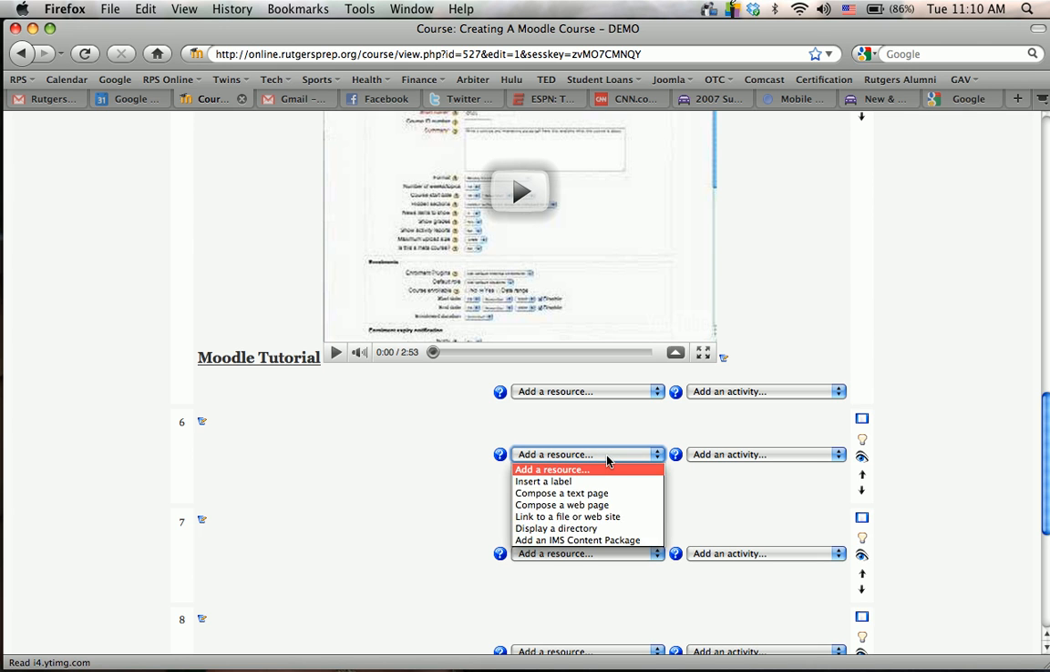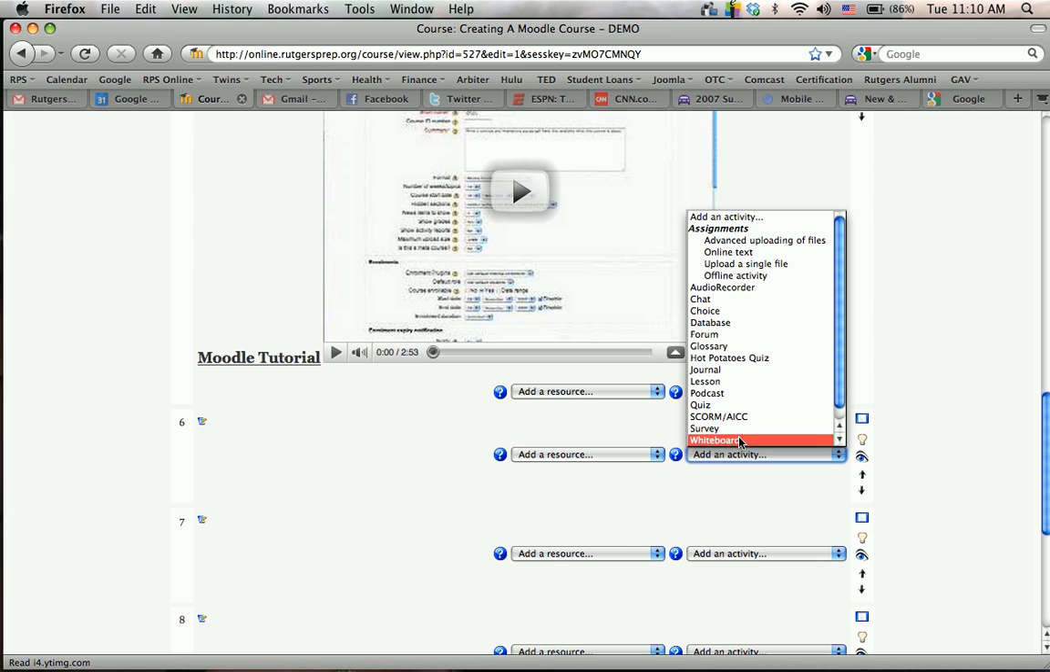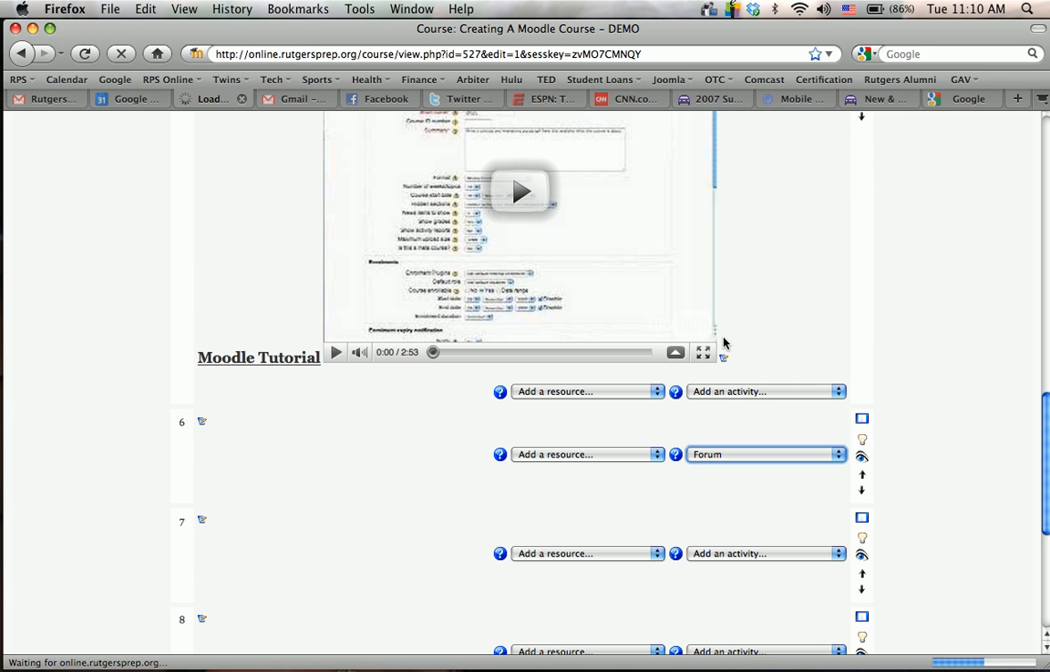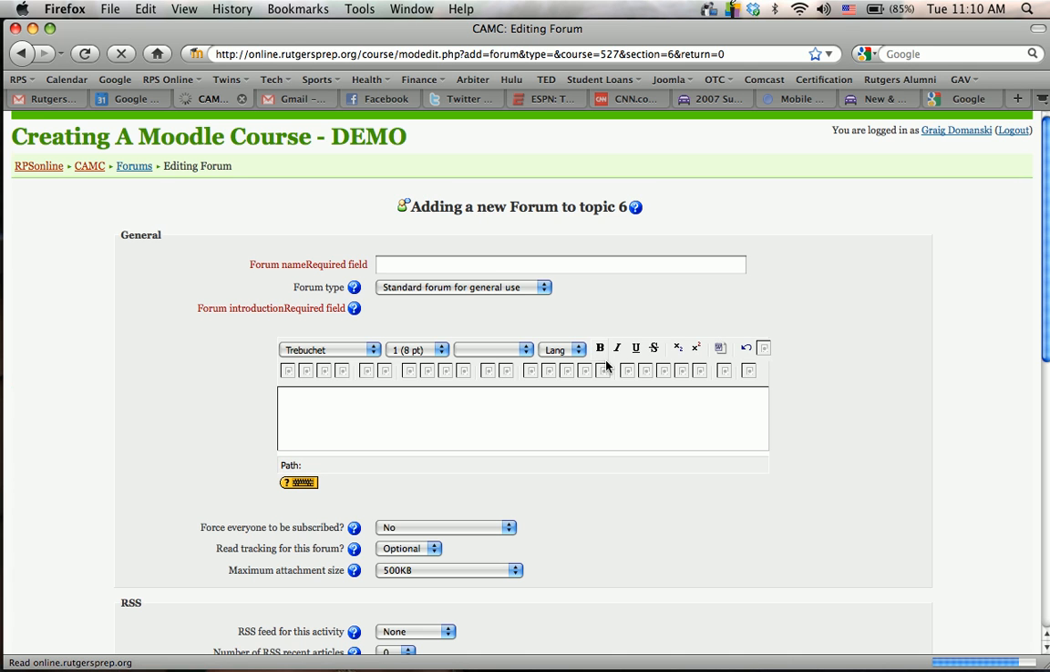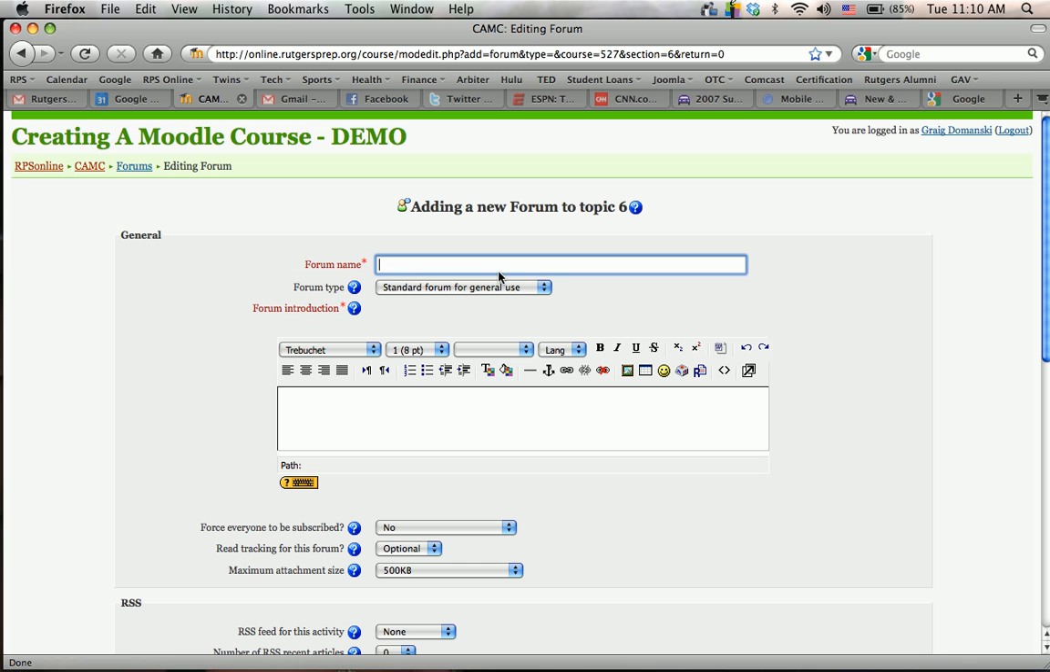And what I want to do is I want to add an activity, and it's going to be a forum. So I'll go up to forum and I'll click on that, and it'll give me the settings page. So I'll just name the forum. I'll just call it